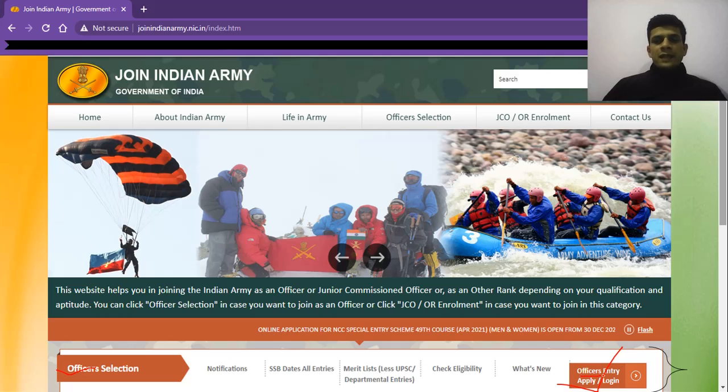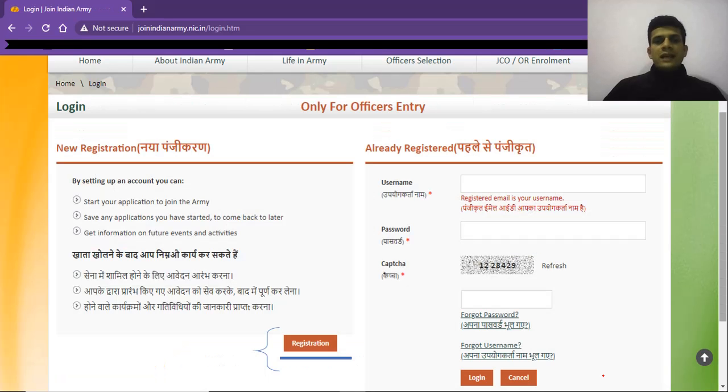As soon as you click on this, you will be directed to this page where you will find a few details like new registration. This is the login page. You will find here new registration, and next to it, already registered. If you are applying for the first time, you will have to register yourself first, so for that you will have to click here.